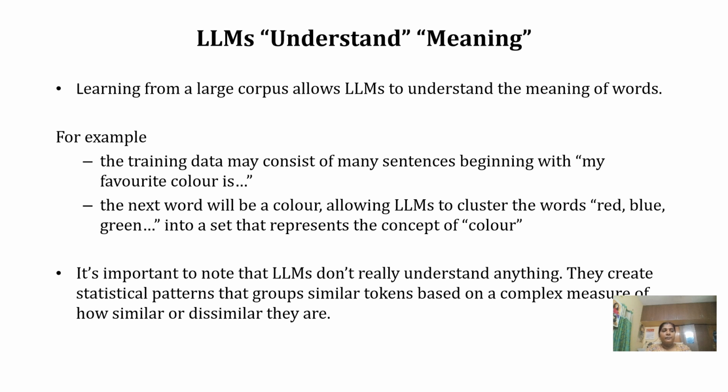That's how it works. So it is important to know that LLMs don't really understand anything. They don't understand like humans, but they mimic a human, and they simply predict the next token based on the facts. Okay, so it doesn't have emotions, it doesn't have feelings, it doesn't actually get things as humans do, but it mimics the behavior of a human by getting the facts and the patterns from the corpus that the model is trained on.